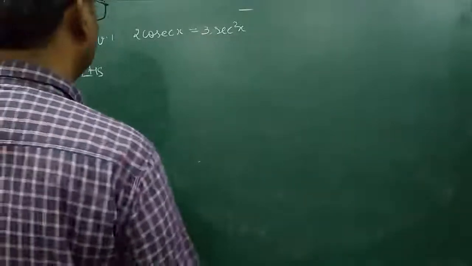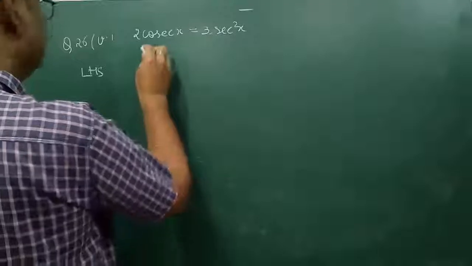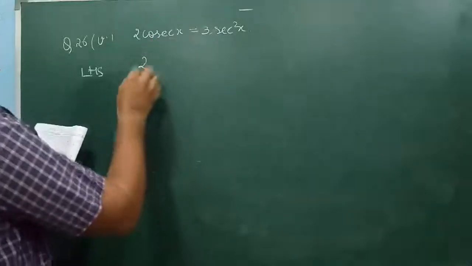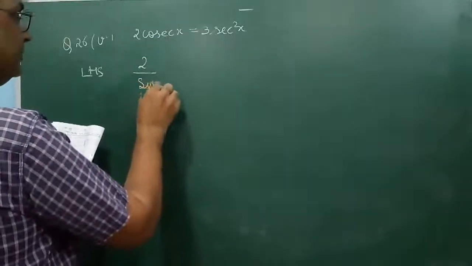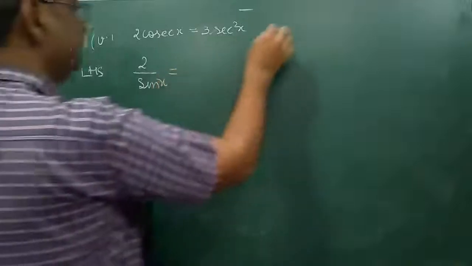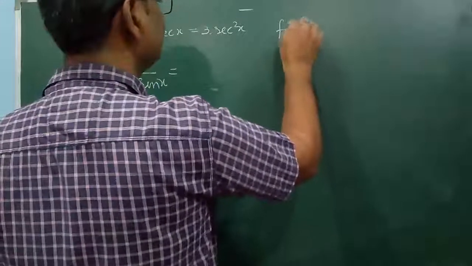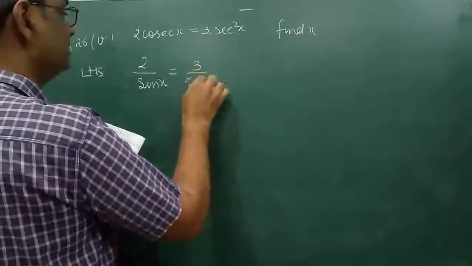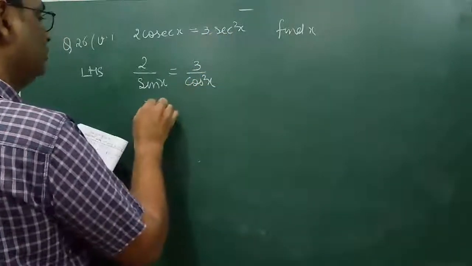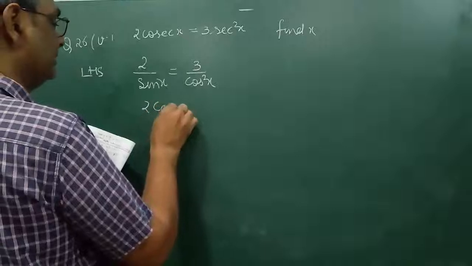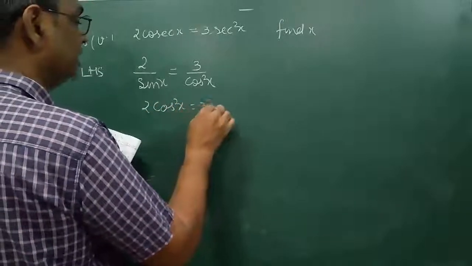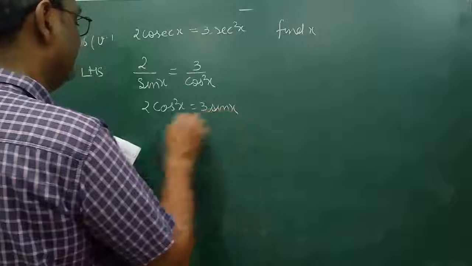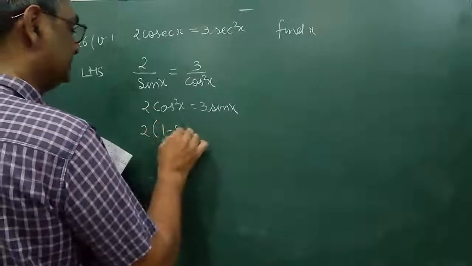Now, what is it? 2 upon cosec x means 2 sin x. Here we have to find x. This is cos square x. 2 cos square x equals 3 sin x. Cos square x is